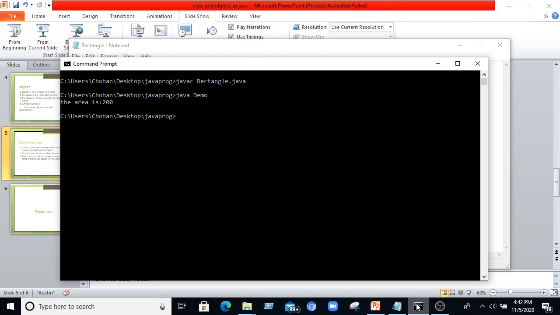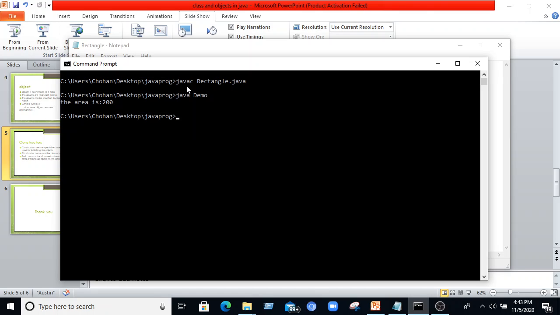Why are we creating Rectangle.java? Because we have to invoke both the classes over here. That's why we have created Rectangle.java as the file name, and we'll execute through Demo. So always we have to compile the filename.java only.